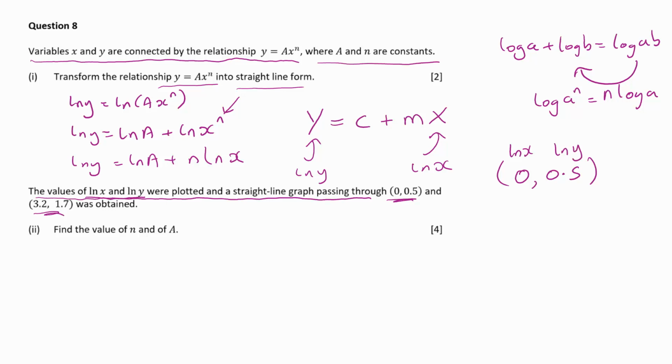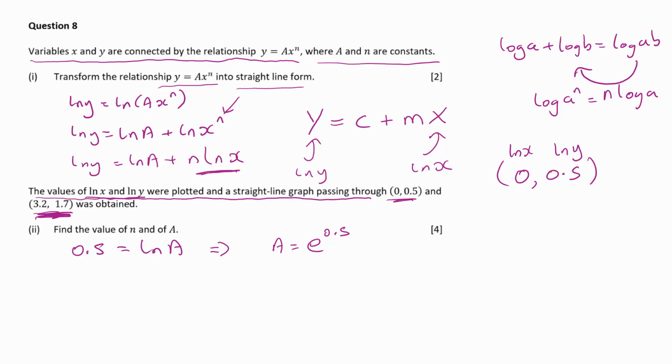And the same being true of this point here, we can say that 0.5 is equal to ln a, and of course ln x is 0, so that bit would disappear. And that gives me that a is equal to e to the 0.5. We'll worry about that in a moment. And then using this other point here,